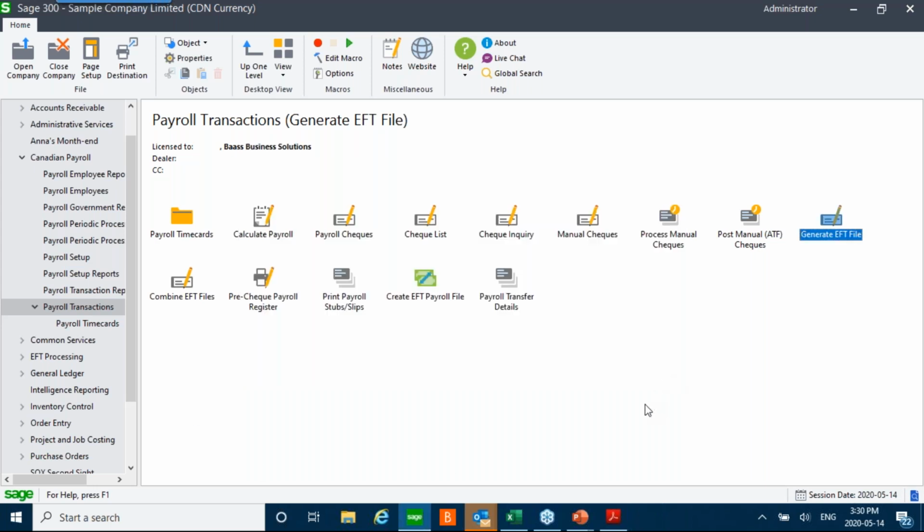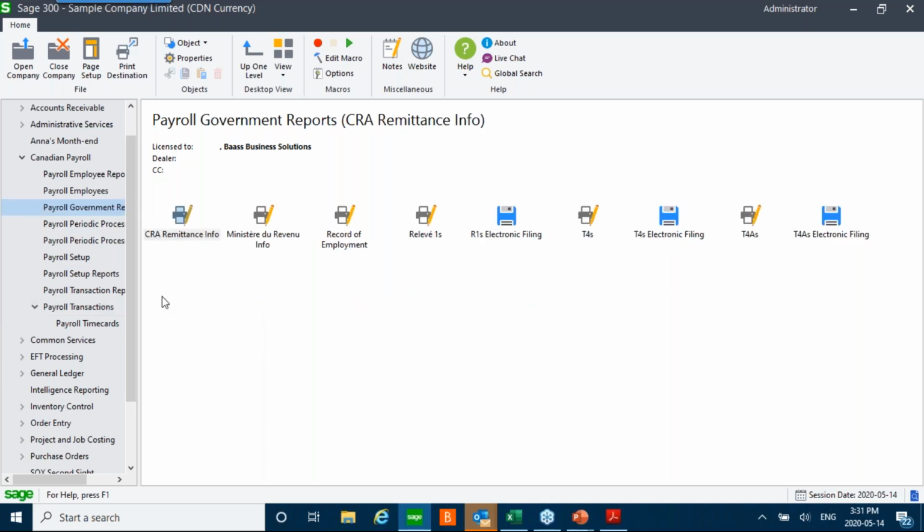Once your payroll is completed, your pay stubs have been issued or printed, and it's been sent to the general ledger, the next step usually is that you would print off your reporting documents. One reporting document would be the CRA, how much you owe CRA for that period. So the CRA report